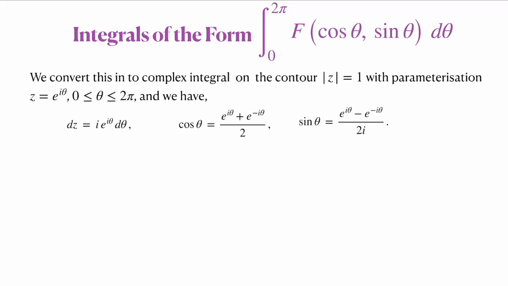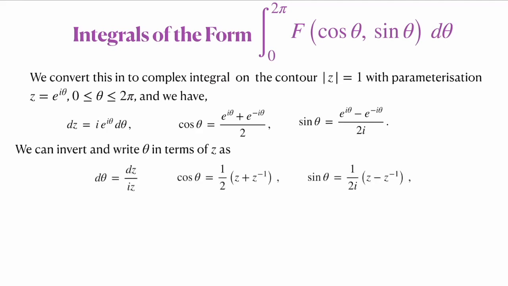These are the standard expressions which are often used, and we can use these to invert and write cos theta and sin theta in terms of z. The expression for that is d theta becomes dz by i into z, cos theta becomes half of z plus 1 by z,